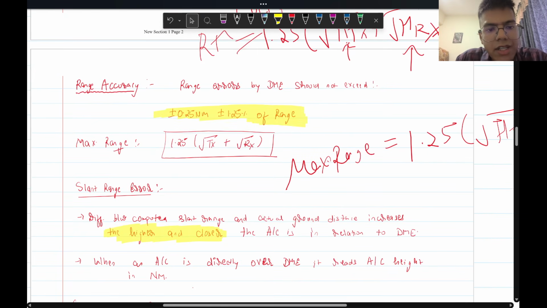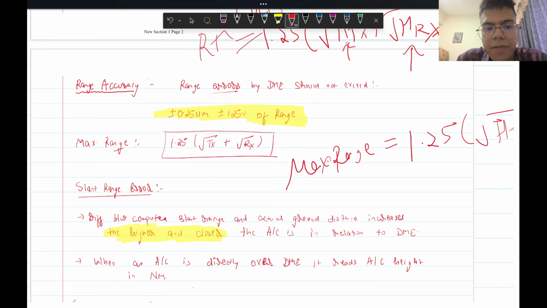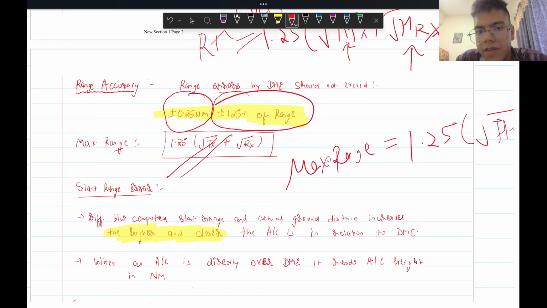नाउ इट इज समथिंग रिटन एज रेंज एक्यूरेसी। अब देखो रेंज की एक्यूरेसी जो आपकी स्लांट रेंज विच यू आर गेटिंग, इट शुड बी एक्यूरेट टू प्लस माइनस 0.25 नॉटिकल माइल और प्लस माइनस 1.25% ऑफ रेंज, ठीक है। नाउ द मैक्सिमम रेंज फॉर्मूला इज दिस, वी हैव कवर्ड दैट। नाउ देयर इज अ एरर known as a slant range error. This is a very nice thing यार।